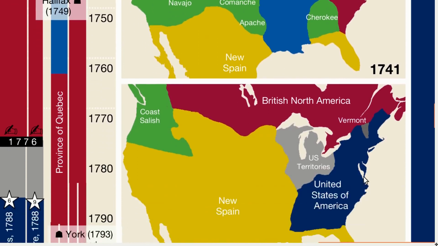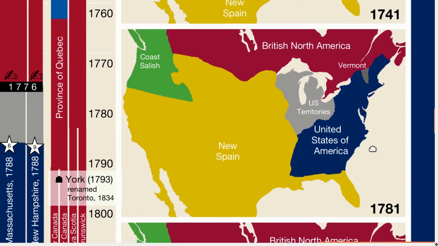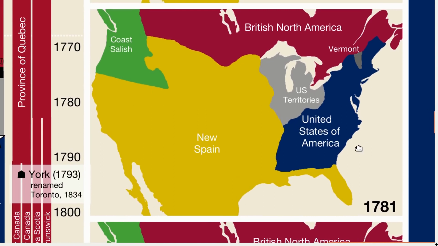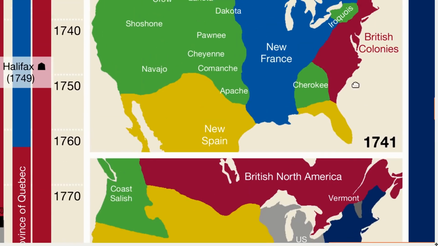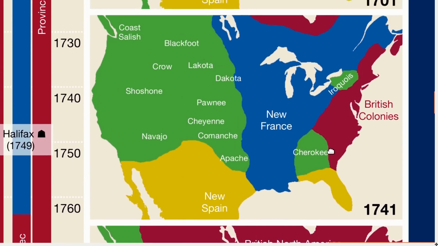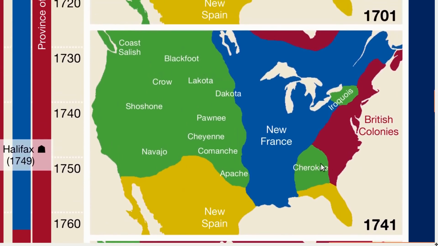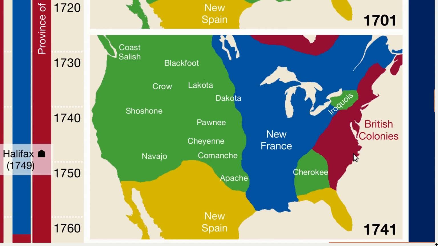Now, when we zoom ahead 40 years to 1781, we can see that a lot has changed. First of all, the French are gone, and that happened just before the Declaration of Independence. So let's actually go back to the previous map to explain. In a war known as the French and Indian War, Britain defeated France and became the sole power in the area. So not only did it control the 13 colonies, they also controlled the areas up here that were previously